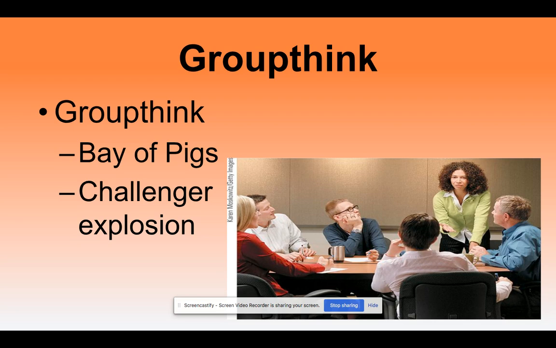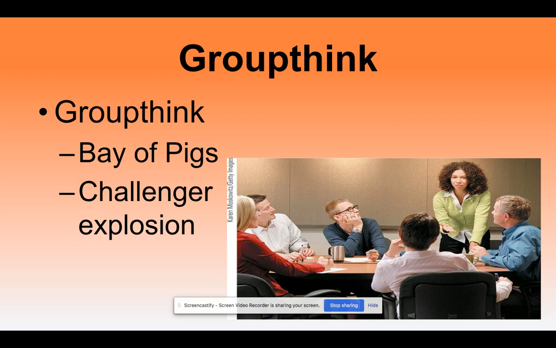The Challenger explosion was the same piece. The Challenger explosion was due to a malfunction on the space shuttle. And there were several people within NASA working in the area who knew that this was not working right. They had seen some faulty mechanics and some faulty parts. But again, they wanted so badly to get this up there. This was going to have the first teacher, a social studies teacher from New Hampshire who was going to actually teach a lesson from outer space. And it exploded a few seconds after takeoff.